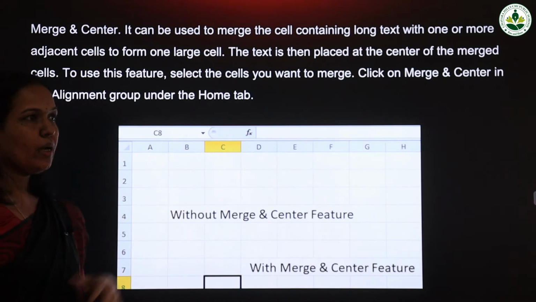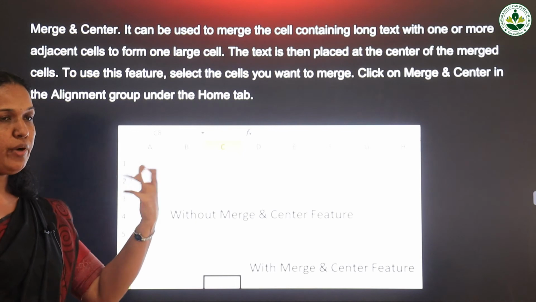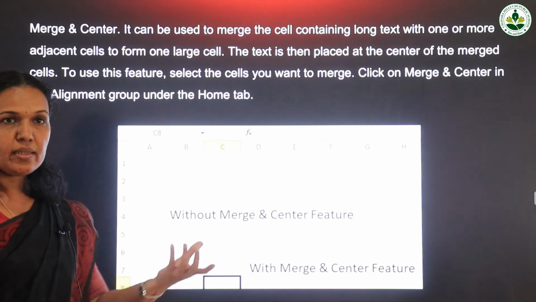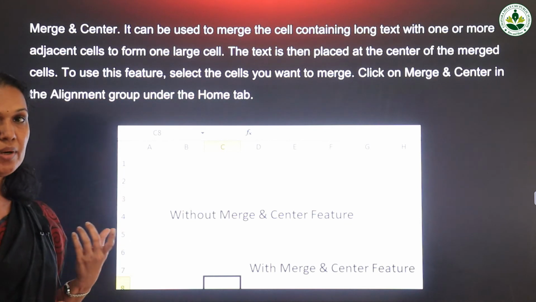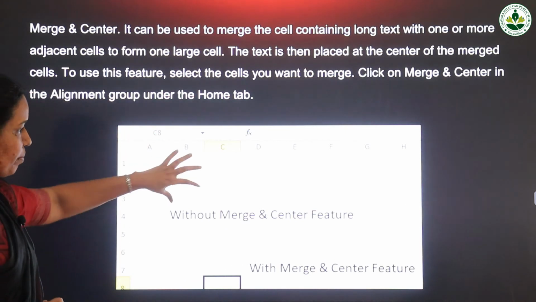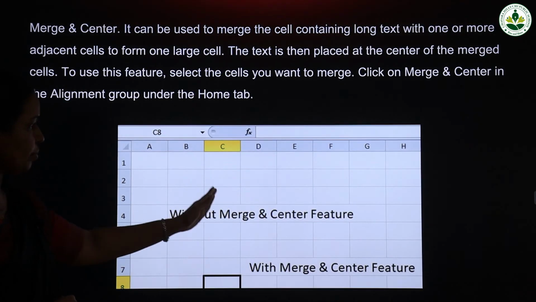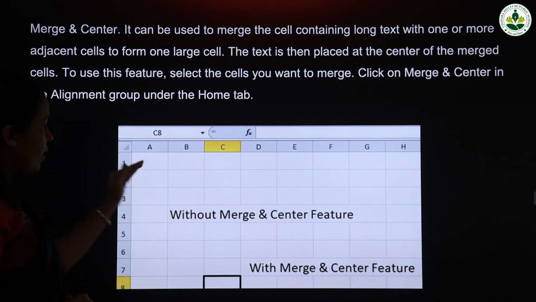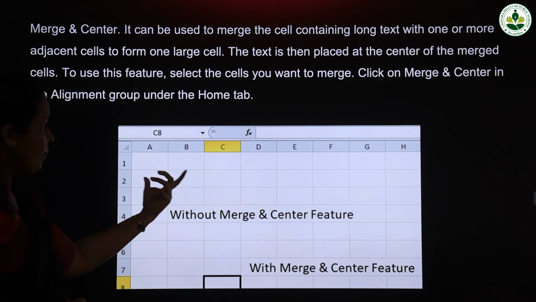So sometimes you are entering marks of your class. So class 5 lilies or class 5 roses, that is the heading, and your class teacher is entering the marks of students for each exam, that is PT1, PT2, half yearly, like that. So this class 5 lilies or 5 roses, that is the heading. So this can be displayed not in a single cell. So here name of the student, PT1, PT2, half yearly. So this much cells, columns are there. So I can combine these four and I can display the name of your class by using the option